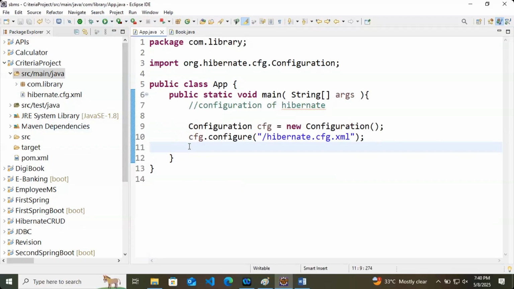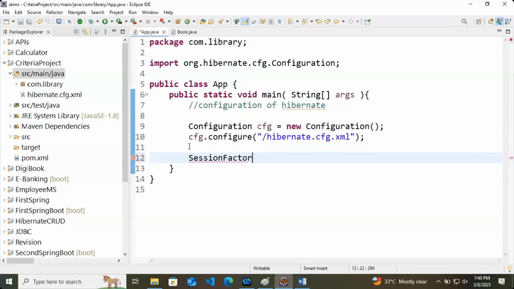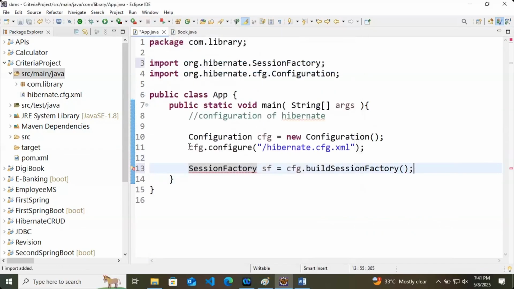Now we need a session factory. So I will create SessionFactory sf equals cfg.buildSessionFactory, and SessionFactory we should import from org.hibernate.